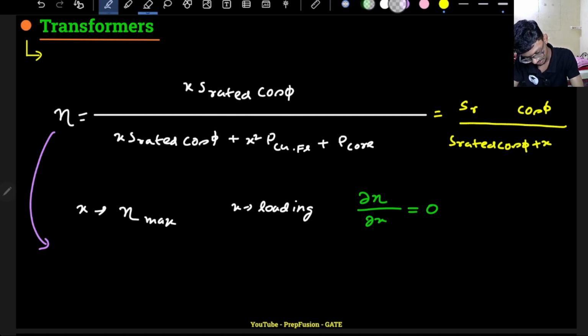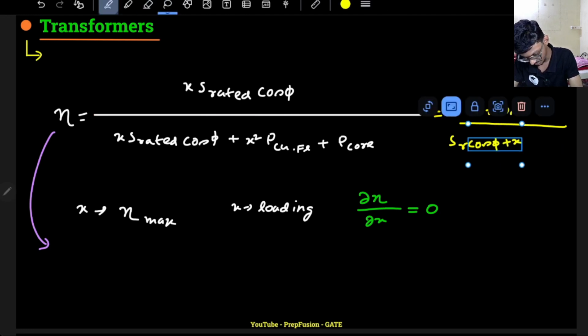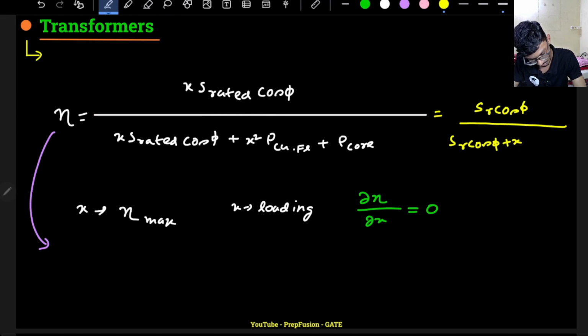Instead of writing rated, I will just write SR, so that will be easier, because I am running out of space. Cos phi plus x into, because I have divided by x on both sides, this will be P_CUFL